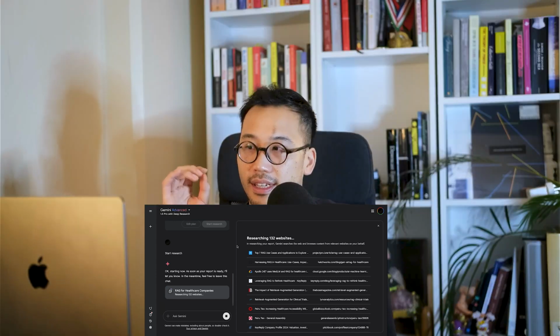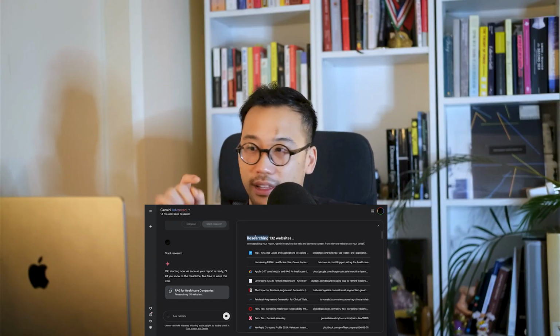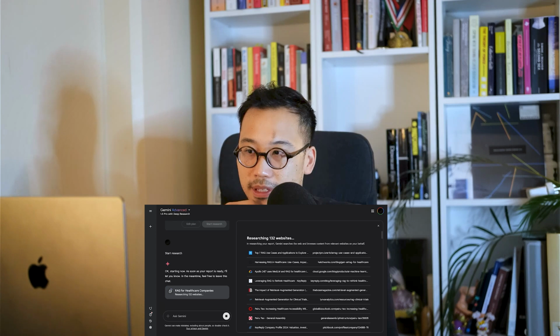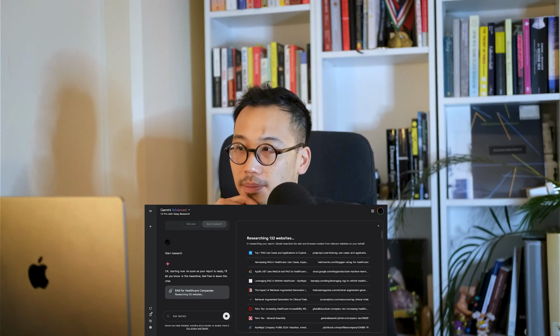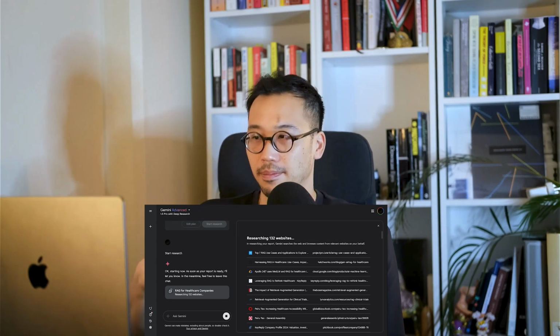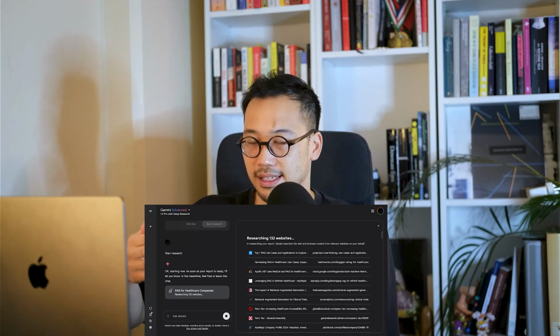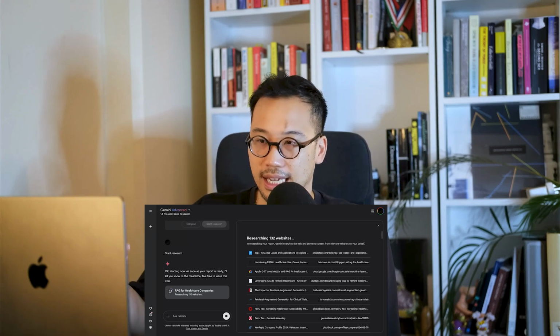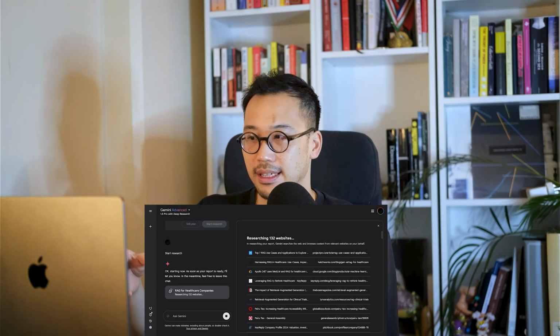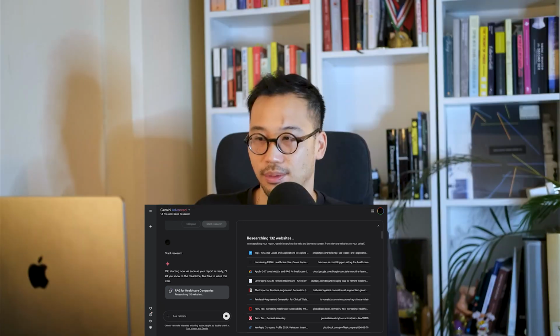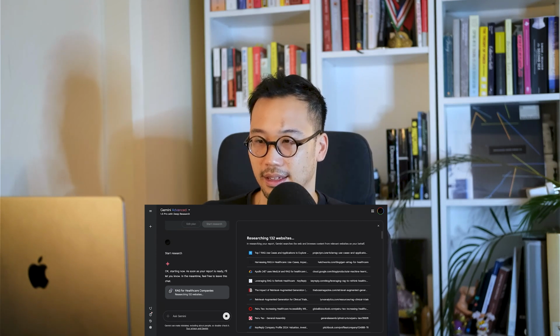This is similar to what Perplexity is, but I don't think Perplexity searches this many websites. But this is a killer, right? For our listeners who don't know, Perplexity is a search engine that uses search and then uses a large language model to retrieve that data and summarize it. And it's doing really well. It's growing very fast. But if Google comes out with this, I can just see this basically destroying their business model.